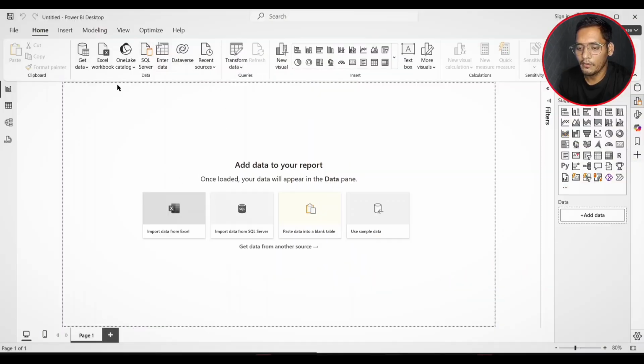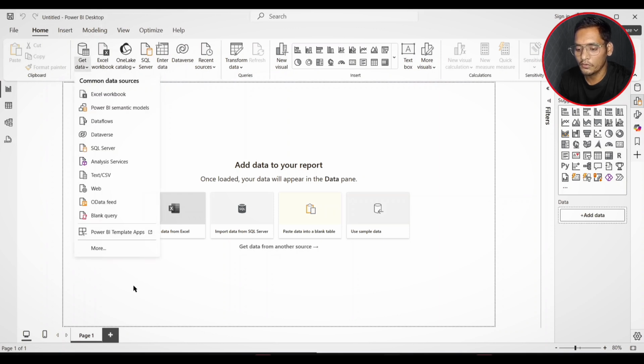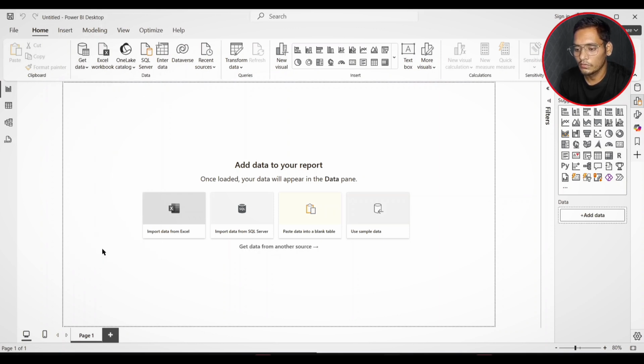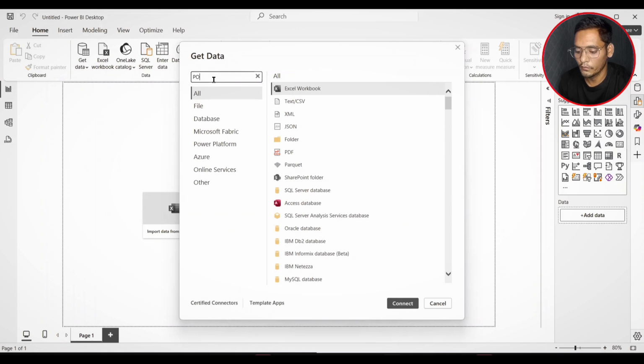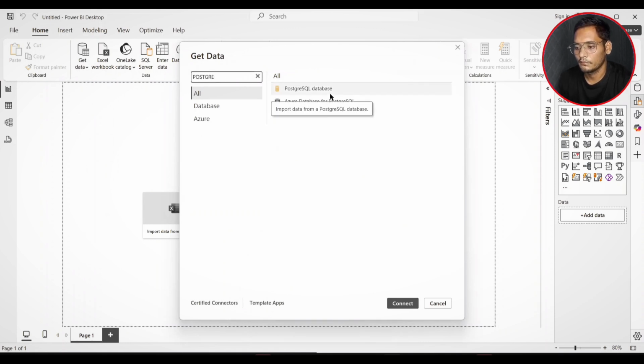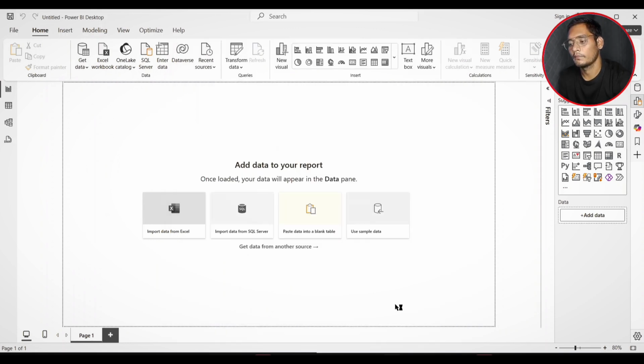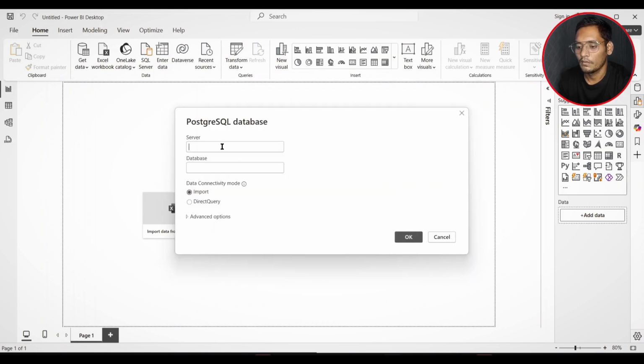So guys, this is my Power BI homepage here. Let me connect the data from my PostgreSQL database. Okay, so let's start that. Search here for PostgreSQL, click here and then connect. For the server name, I am giving here localhost, and for the database name, it's 100 question series. Okay, and let's click here on OK.